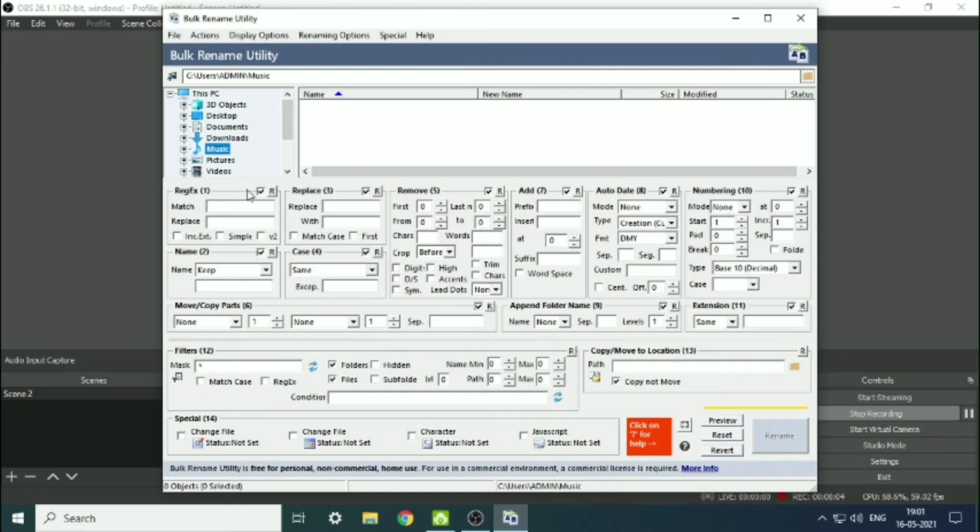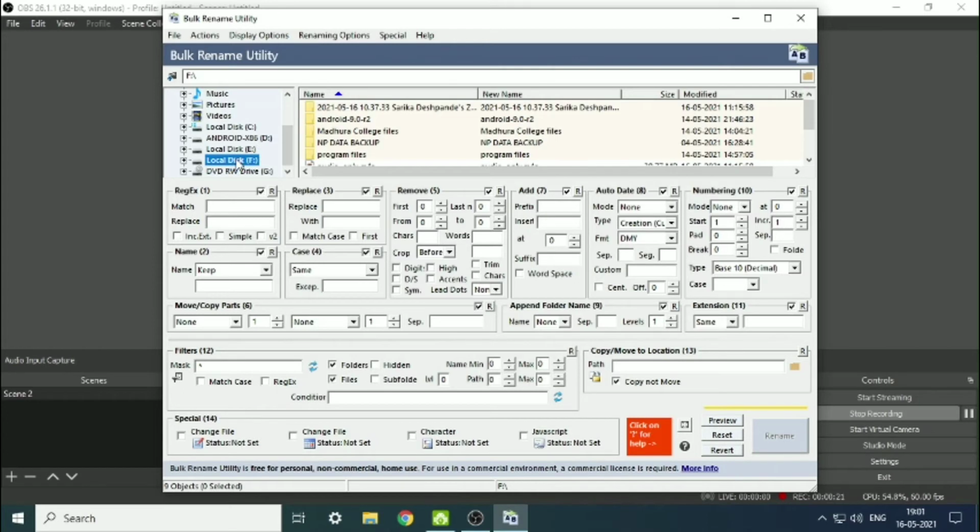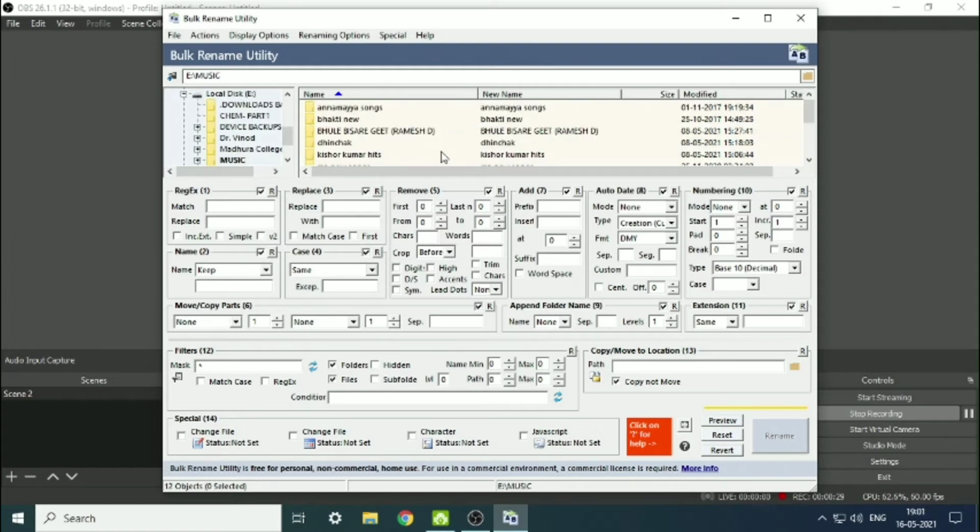The first feature which you can see here is Register Executaries. I think anyone would not opt to change this, because copyrights must be registered to the producing company itself. So I won't go through that option. And second is Replace. By this feature, you can directly replace the characters which you want to replace.